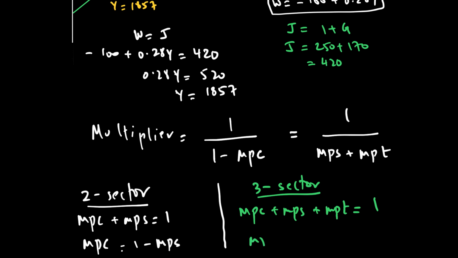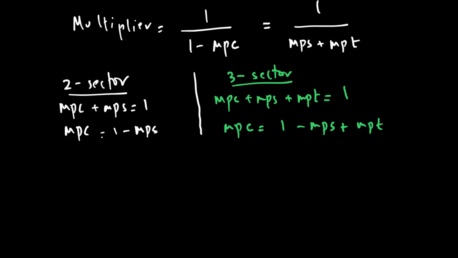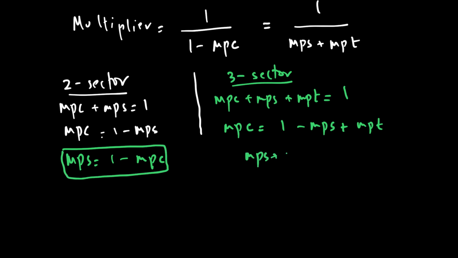So now my MPC will be 1 minus MPS plus MPT. So that's why MPS plus MPT, if I in fact rewrite this, I'm going to say MPS is equal to 1 minus MPC, which is exactly what we saw in a two-sector model, and here MPS plus MPT is equal to